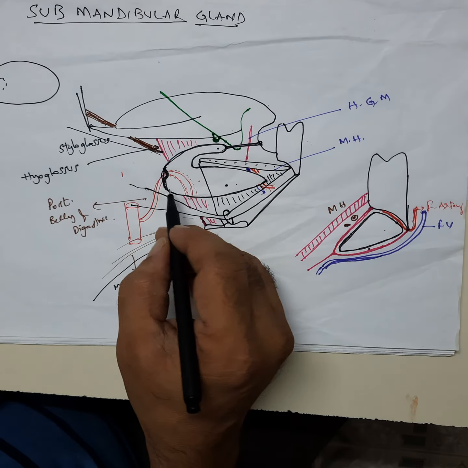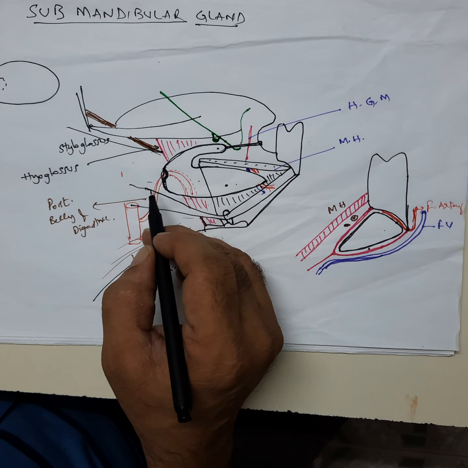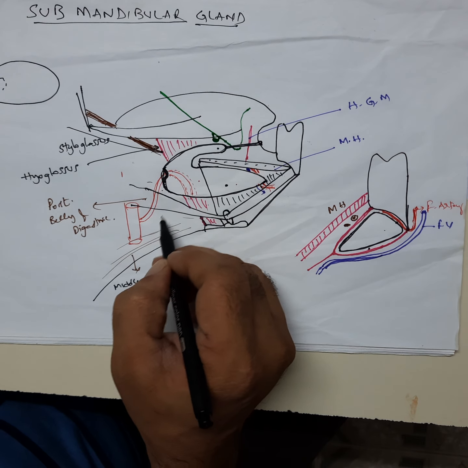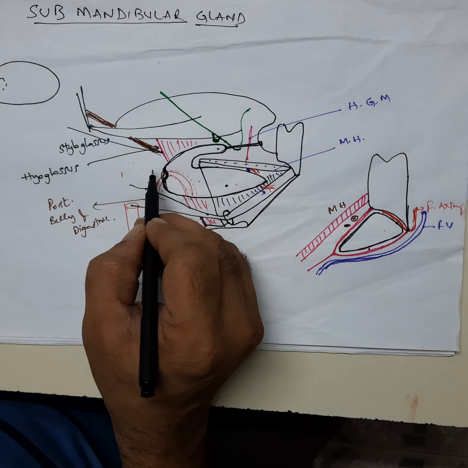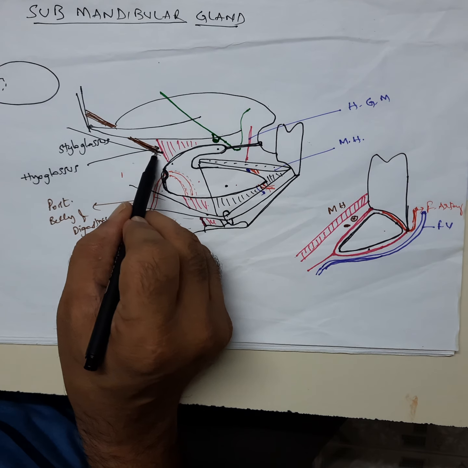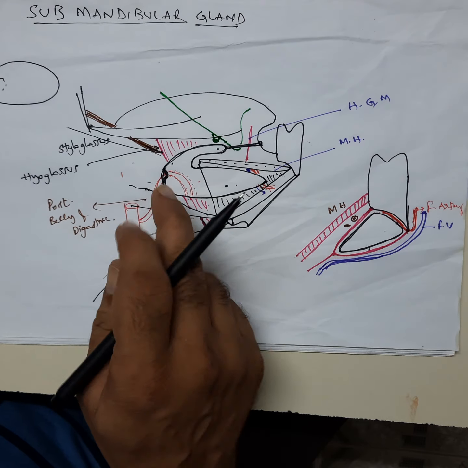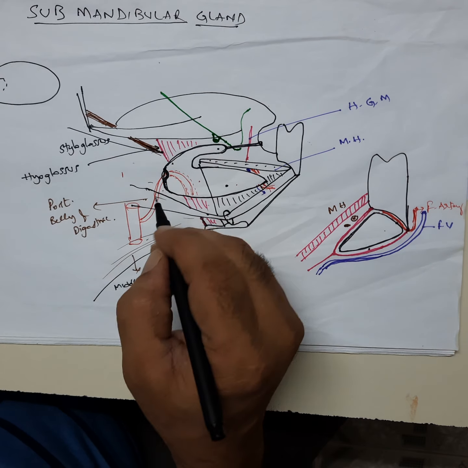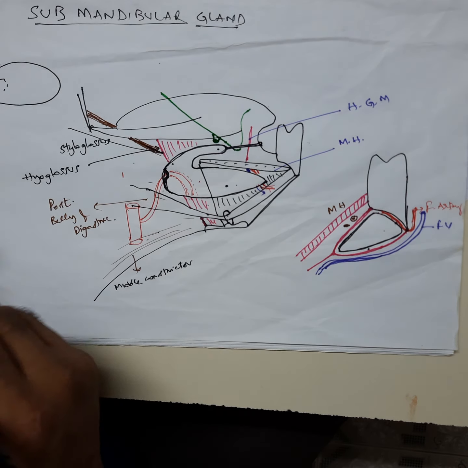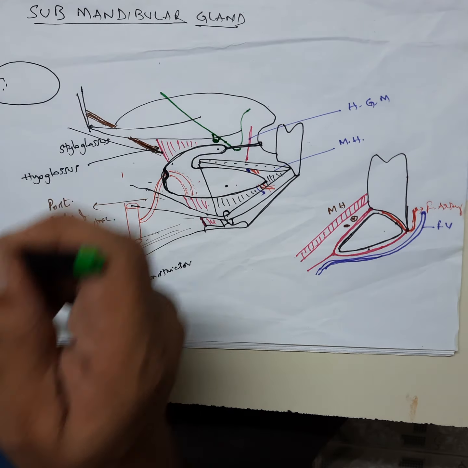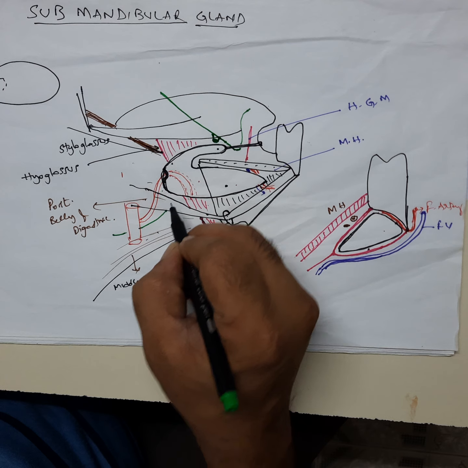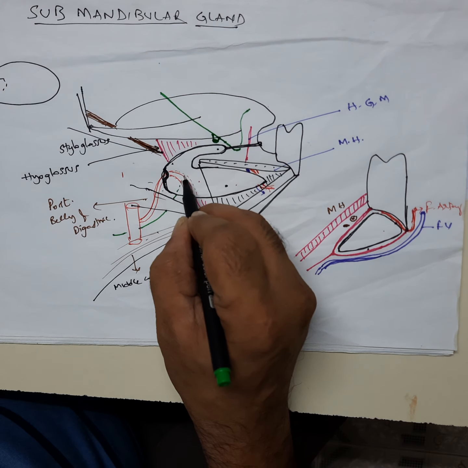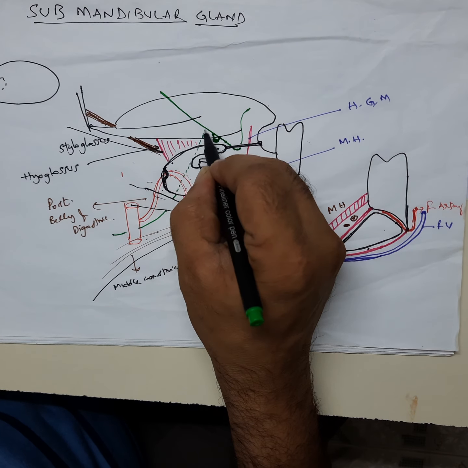So, that is why this is related to the stylomandibular ligament and the middle constrictor muscle, which is present here, the posterior belly of digastric, and we have the stylopharyngeus muscle here. So, all these muscles are related here. Then we have another nerve from here, the hypoglossal nerve, which comes here and goes above like this, behind these parts, to the tongue.